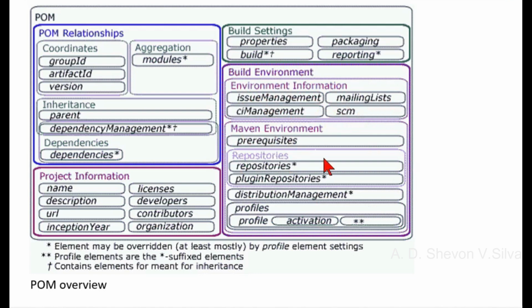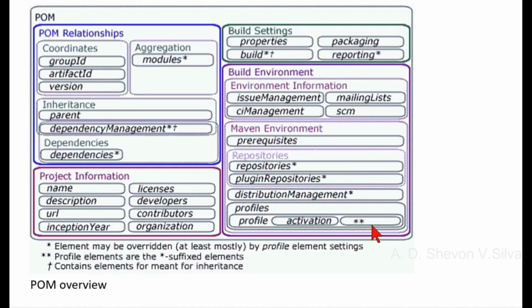And you can see prerequisites, repositories, distribution management, profiles under Maven environment. And you can see repositories, plugin repositories under repositories. And you can see profile under profiles, and activation and